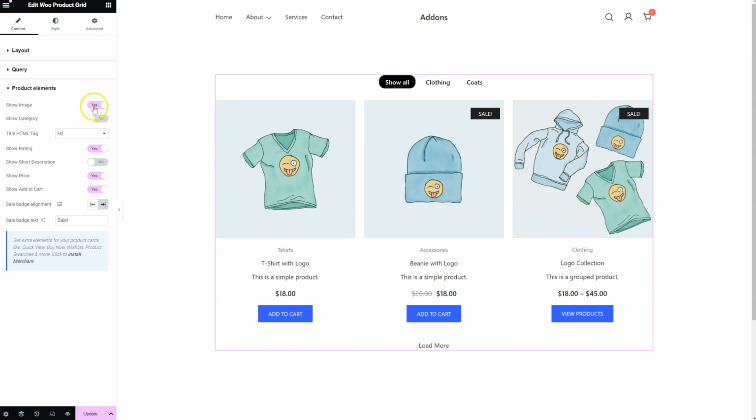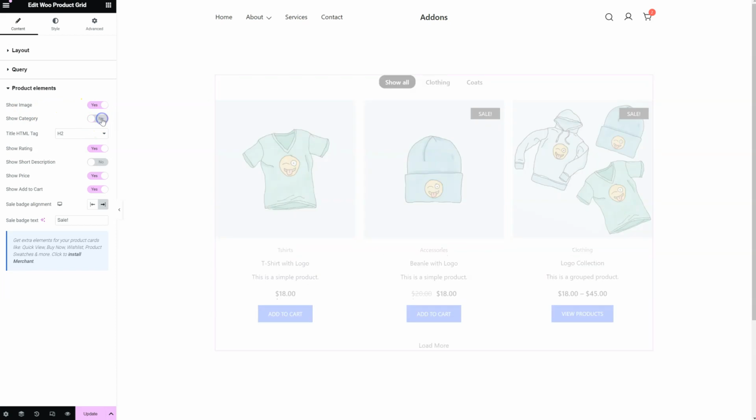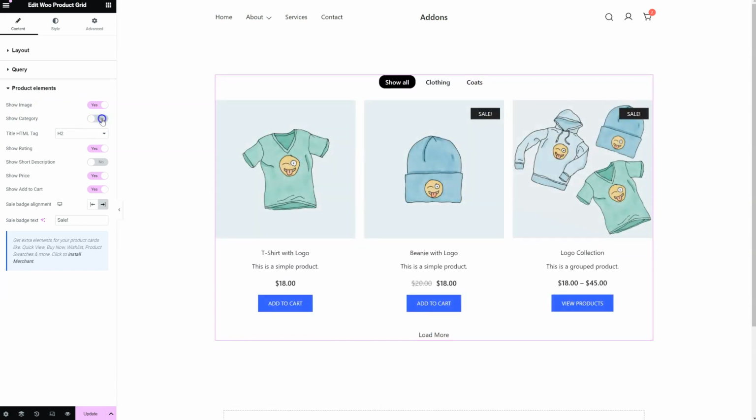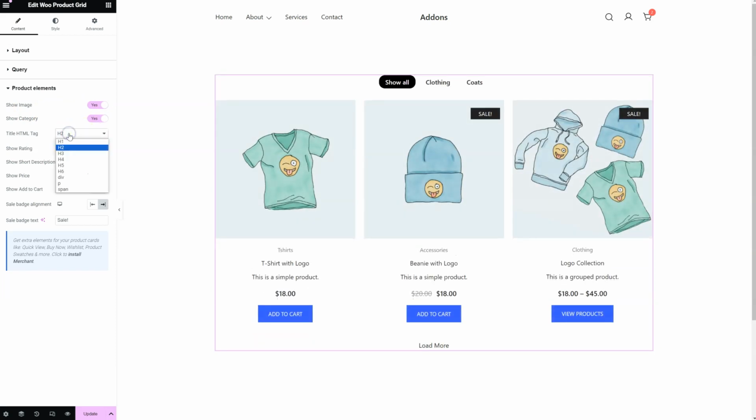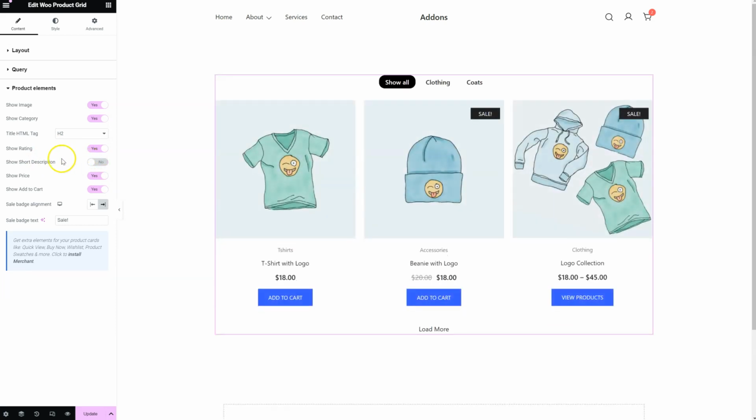Let's look at the product elements section now. So you can show or hide the image, show or hide the categories, choose the HTML tag for the title, show the rating. These products don't have any rating, so nothing shows up. You can display the short description, the price, you can show or hide it, also the add to cart button. You can align the sale badge left or right